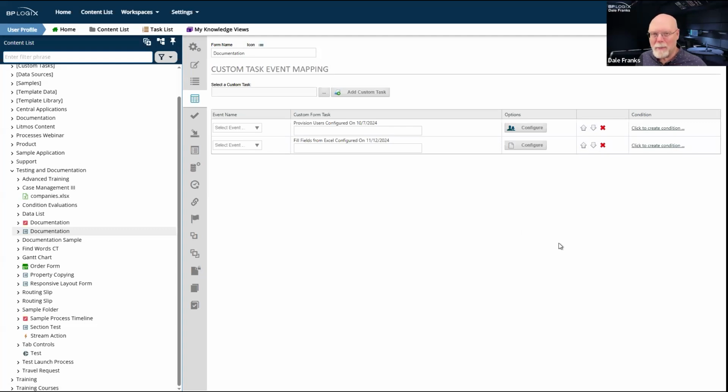It does become a bit of a pain having to click, click, click, and click the down button 10 times on different rows to move the same custom task down a row, down a row, down a row. So that's all gone now, or at least it will be in 6.1.300.